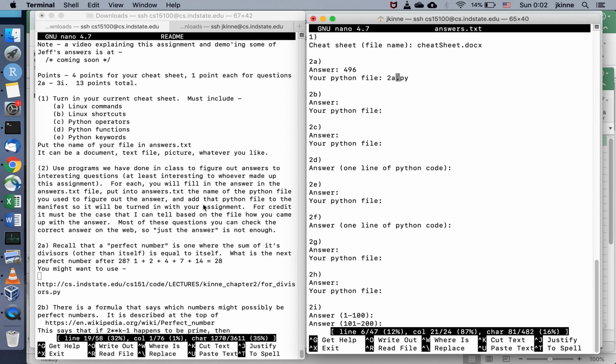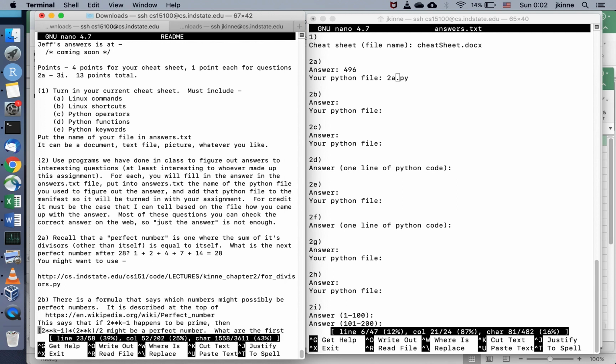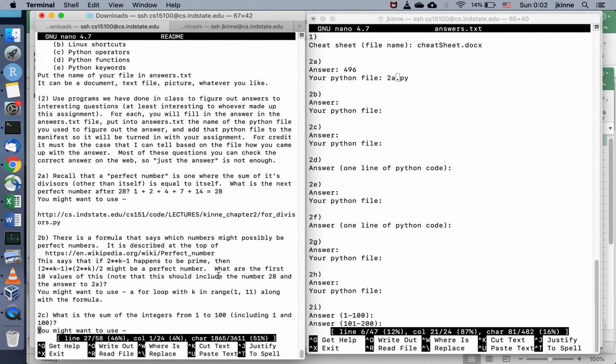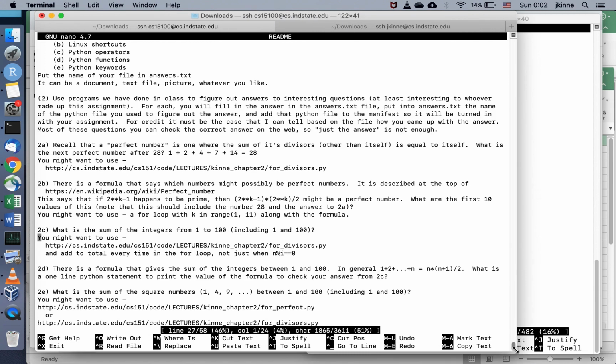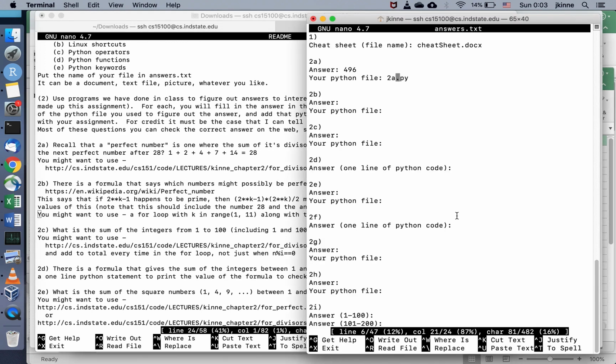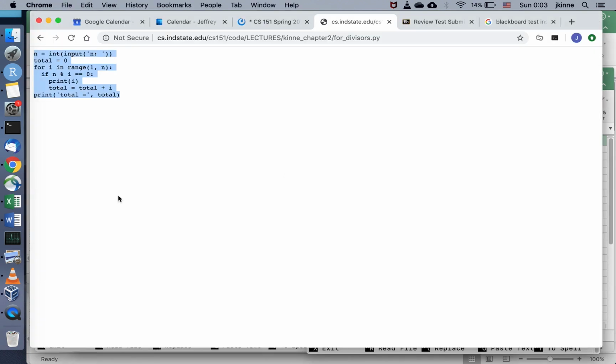So something that's written here is if you just give me the answer, that's not going to count for anything. What I want is I want you to figure this out, to have code to figure it out. And for each problem, there's a way to do it by taking one of the problems that we did in class and modifying it or running it, adding a loop to it like we did in this one. And most of these you can check online. So for the next problem,